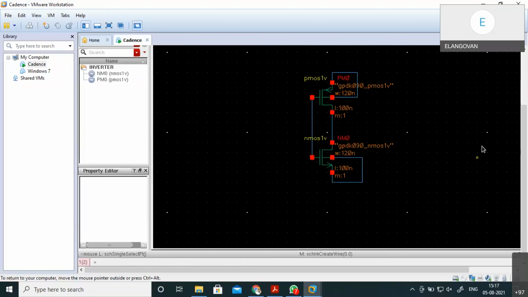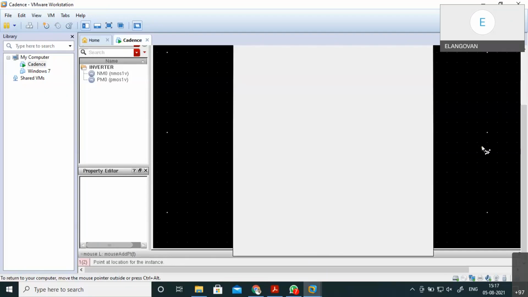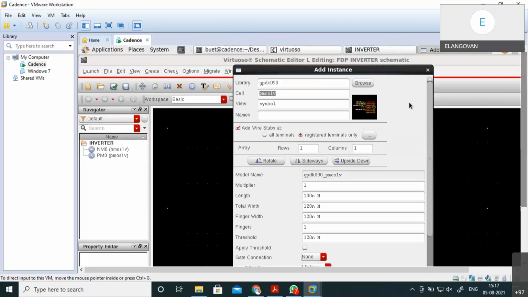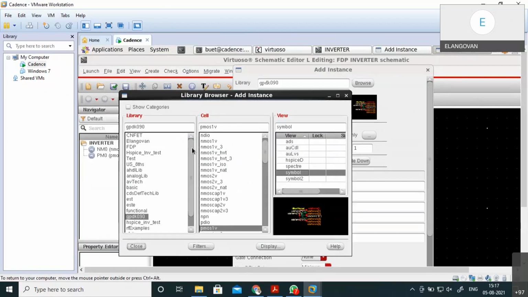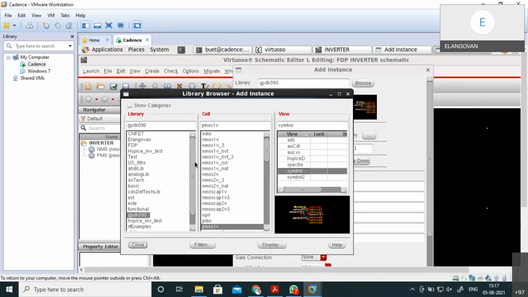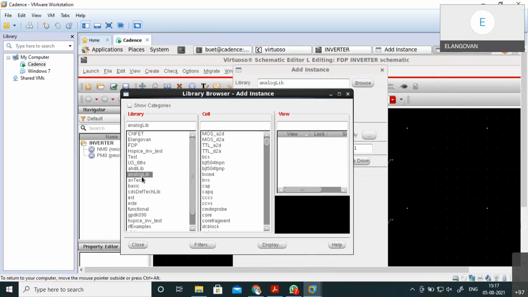Next, again instantiation. I'm going to instantiate my VDD, my VDC, all the values that we can find here in the analog library. You can type or search here for VDD.